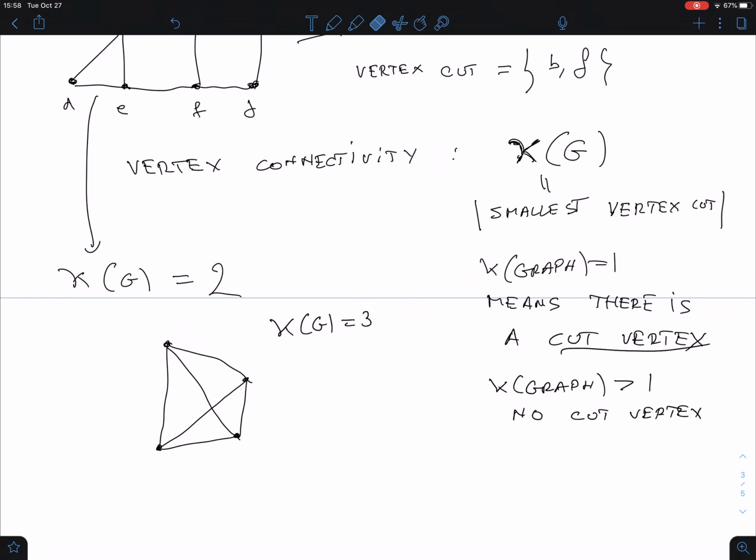Let's try to eliminate this one. But you see the same problem, right? Once I remove this, I still have something that has no cut vertex. So this graph, therefore, has connectivity 3. Three of them have to fail before it gets disconnected. And let's do this. What would be the 3B? Okay, 1, 2, 3. Of course, we have removed 3, so there are only 2 left now. That's because there were only 5. But that's okay. Now, what about